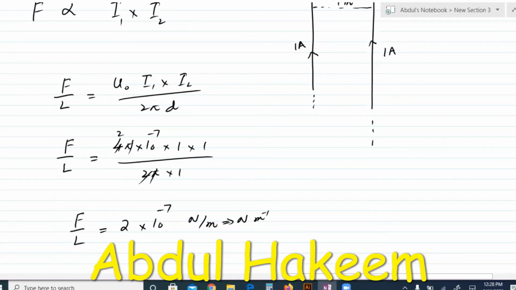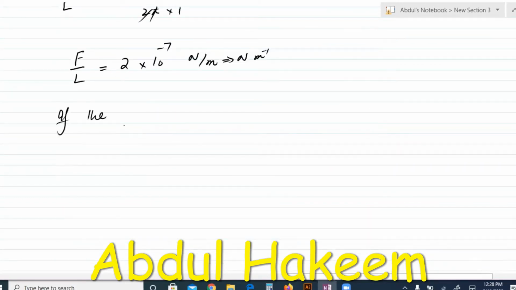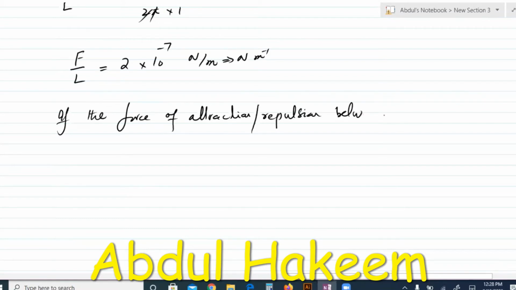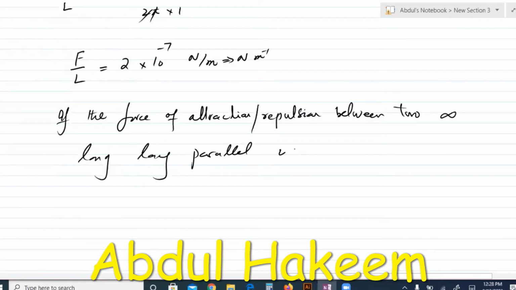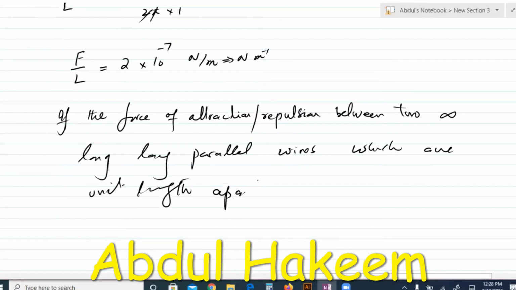So if the force of attraction or repulsion between two infinitely long parallel wires which are unit length apart, meaning 1 meter, is 2 into 10 power minus 7 Newton per meter,